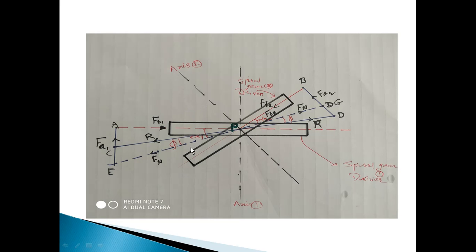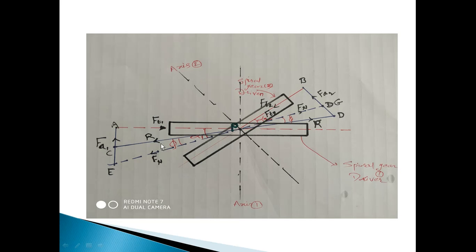In this diagram I have shown a force diagram: the different forces acting on gear number 1, which is the driver gear, and on this side, the different forces acting on gear number 2. Perpendicular to the shaft axis there is a tangential force which is used to drive the input gear, and in the same way, perpendicular to axis number 2, tangential force number 2 in this direction.